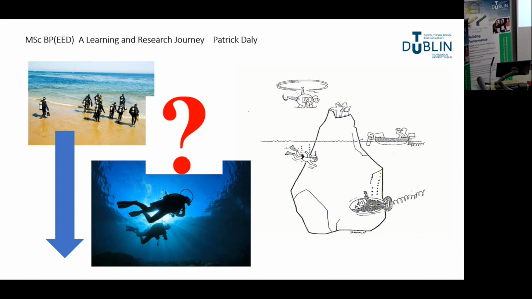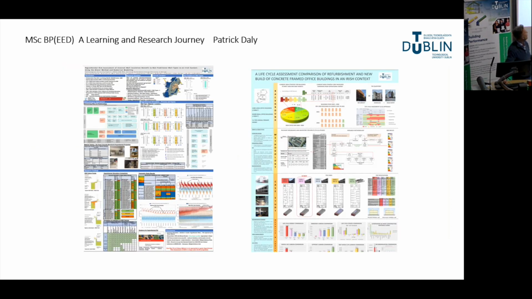And often, because of where we are in the applied science domain, most students are taking some sort of case study analysis and application. So they're looking at a particular building with different research methodologies and tools to answer a particular question, which we'll see later on. We've had previous iterations of this when it was digital analysis and energy retrofit. I think we had 12 master's graduates through that over the 2 years that we got to run the masters. But this is the first new cohort that have come through the full MSc Building Performance,